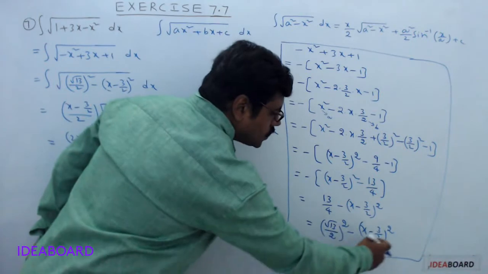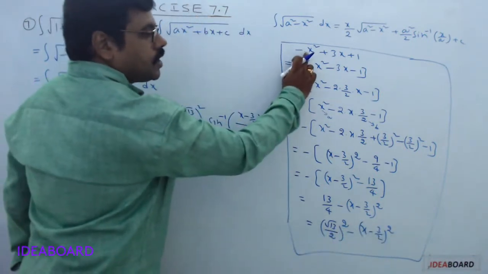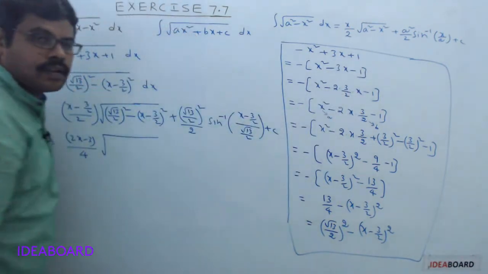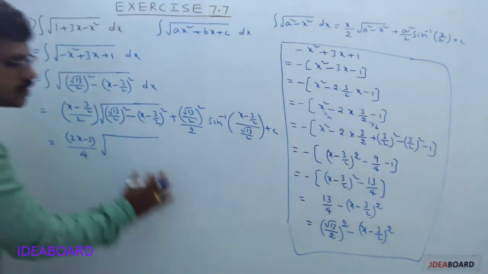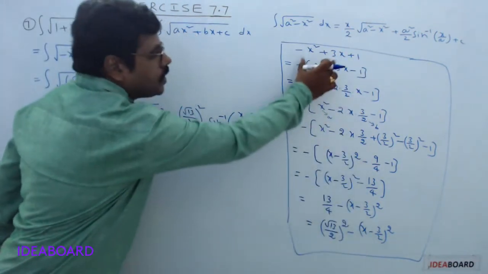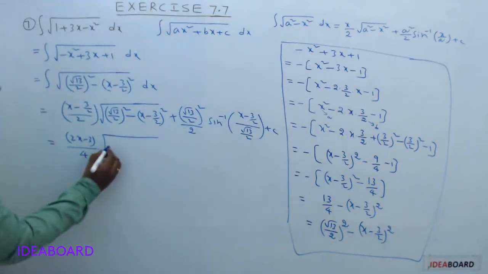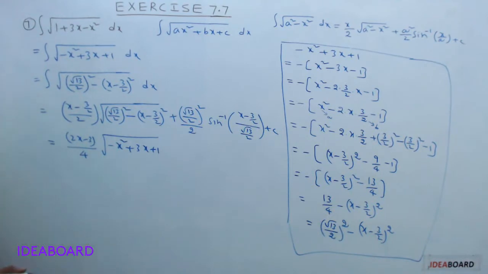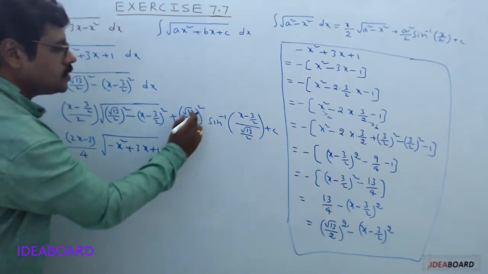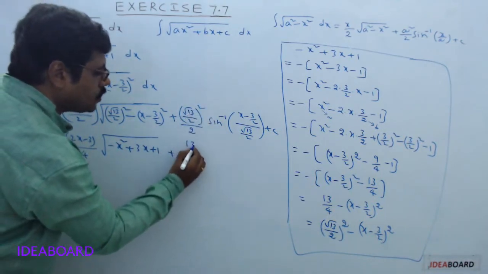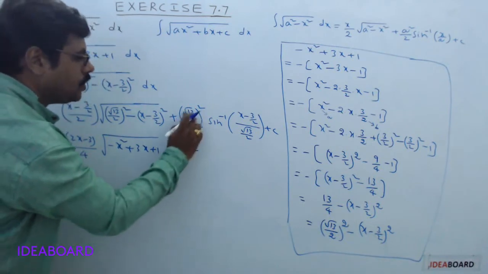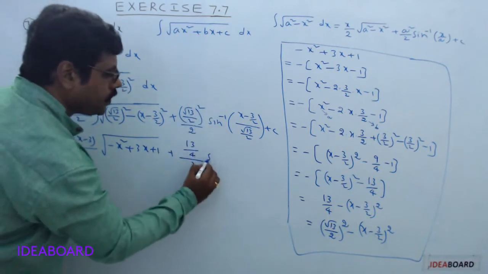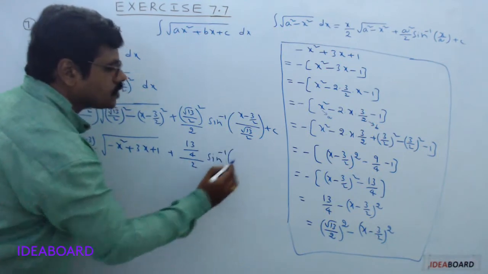So in place of this expression you can take it as minus x square plus 3x plus 1. So in place of this expression you can take the expression minus x square plus 3x plus 1 plus this is root 13 whole square 13 divided by 2 square 4 divided by 2 into sine inverse of